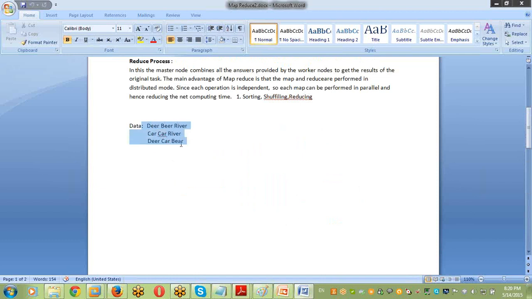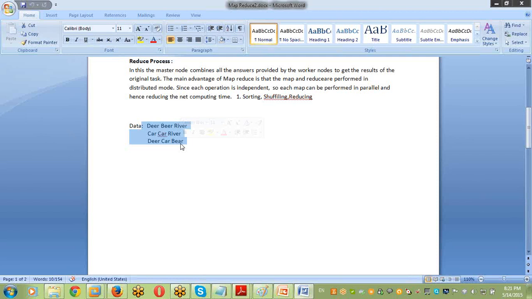I have deer, beer, river, car, river, deer, car, beer. This is the data available. I want to count how many times each word is repeating. This is my requirement. I am writing Pig code, or Hive code, or Java code. Just imagine, later we can write Java code, but imagine I am writing any one of these 3.